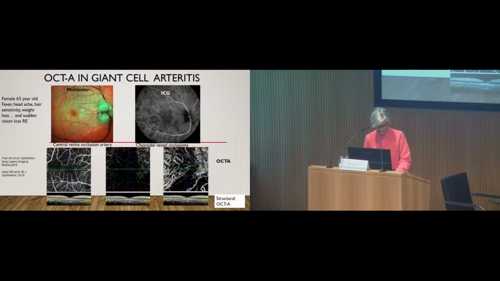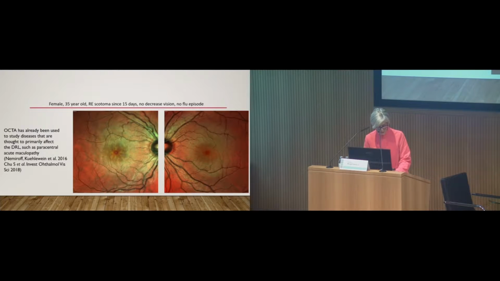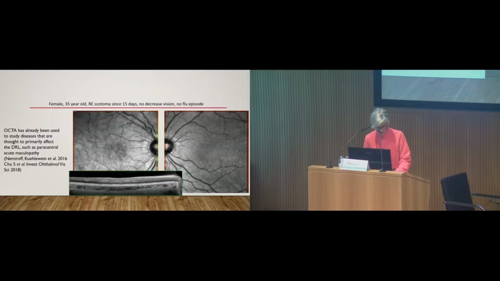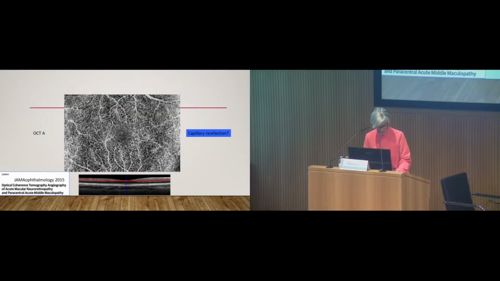artery biopsy. In this other patient with the right eye scotoma, infrared showed the petaloid lesion, B-scan showed hyperreflectivity between the two plexiform layers, and OCTA showed a capillary signal reduction in the deep capillary plexus, confirming the diagnosis of paracentral acute middle maculopathy.